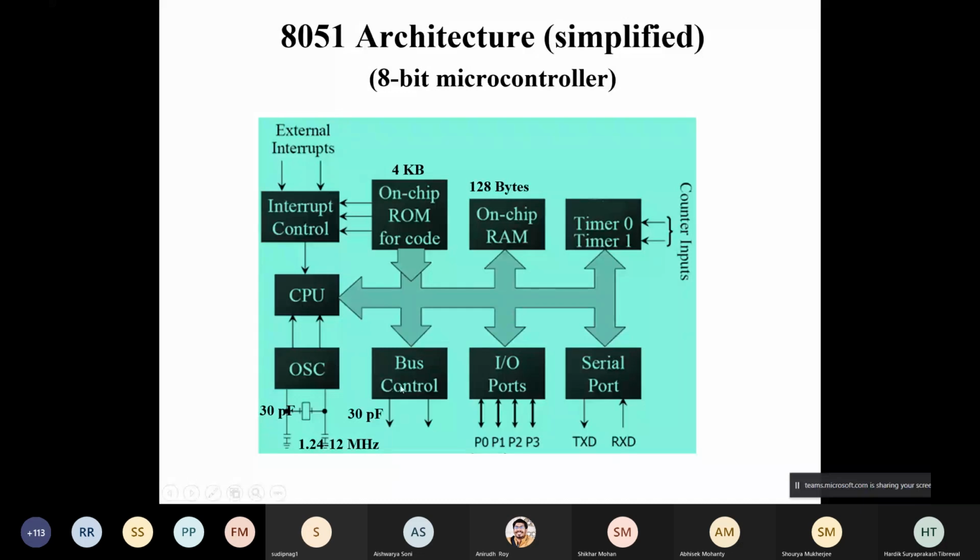Now, there are bus control signals. So this bus control is basically the address, data and control bus control signals, which is also a part of the timing and control. Then there are different memories, RAM and ROM. So you can see ROM and RAM. This could be flash also. Also, there are timers. We have discussed this in the traditional 51. There are two timers, which can also be used for counter mode. That means with the external inputs.